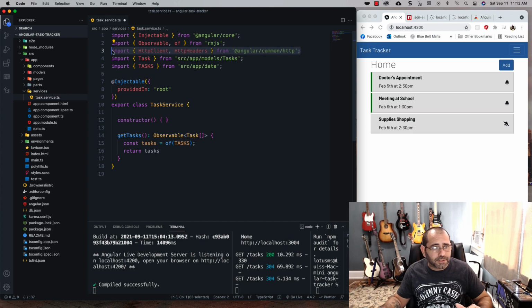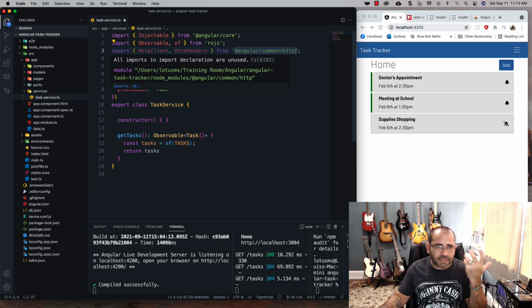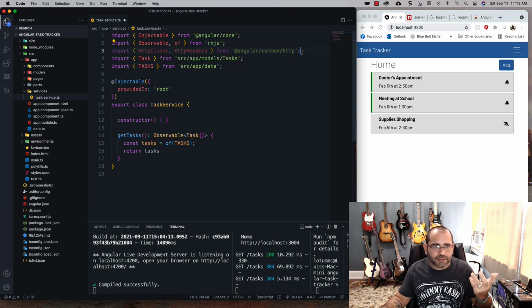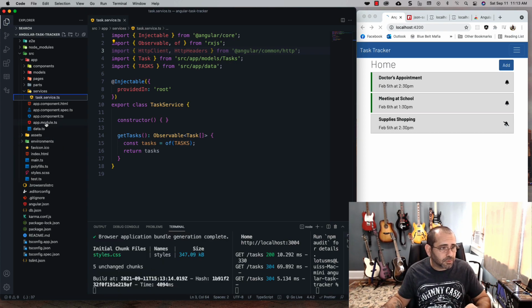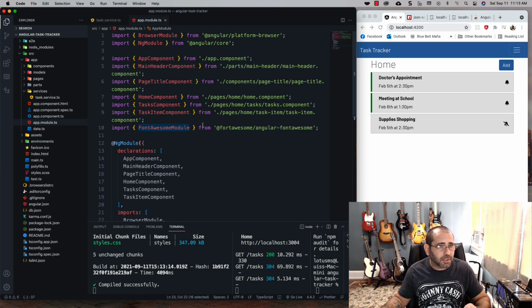Now for this to be used fully, right now you're making a call to the actual component inside of this package that Angular contains, but the module is not available to us yet. So there's one more change you need to do, and you need to go to the actual modules right here,